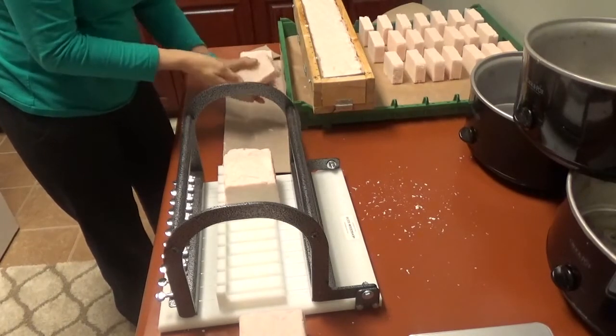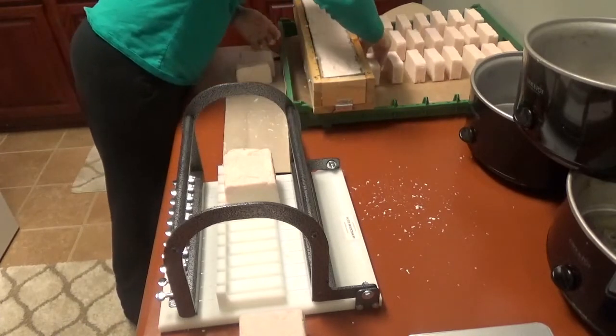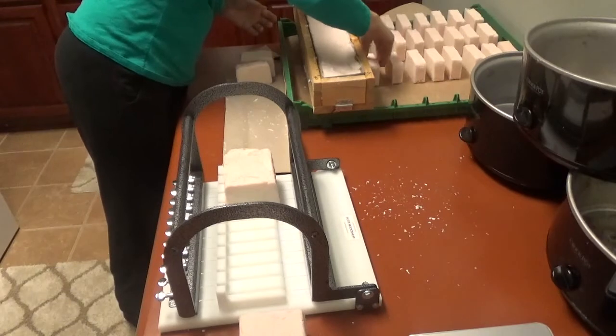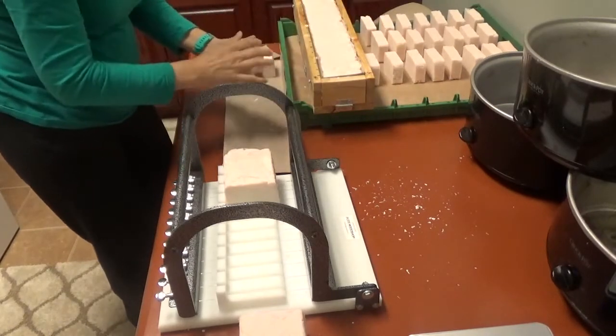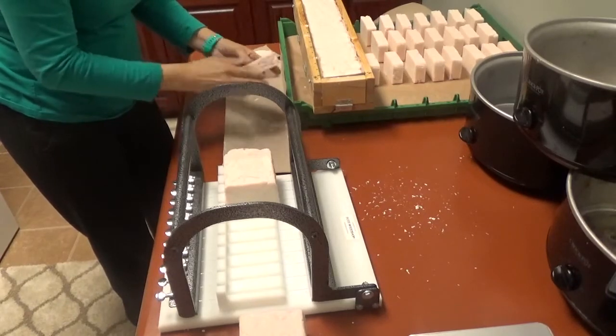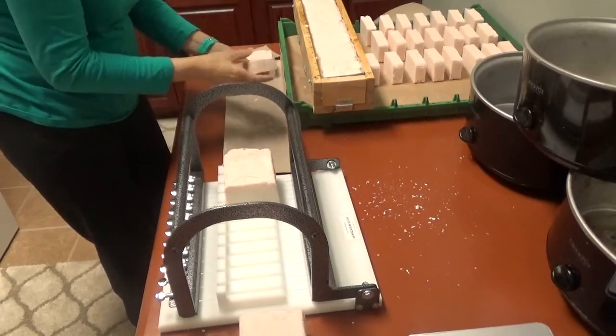I may need to put those closer together because I really want to try to get all of the soap on this one tray. And what I'll do is I'll just sit the tray up. I'll probably just leave it right where it is